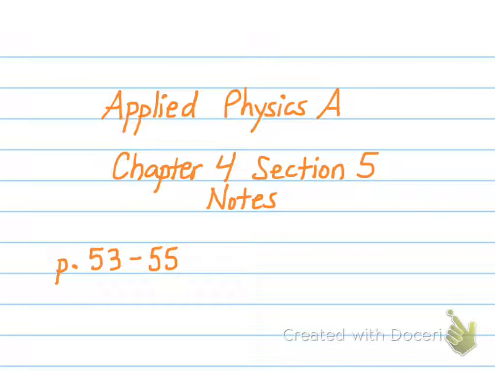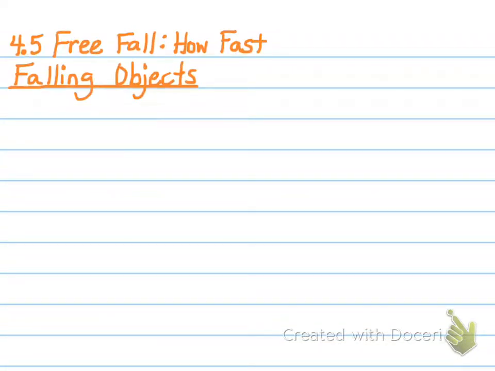So this is just going to focus on Section 5, which is titled Free Fall, How Fast, and Falling. We're going to start by talking about falling objects. It may be helpful to have a calculator, especially if you're not so good at math in your head like I'm not, and I would highly recommend that you take some notes. So we're going to be talking about falling objects, and obviously we want to figure out how fast these objects are falling. And I think you are quite familiar with the fact that it is gravity